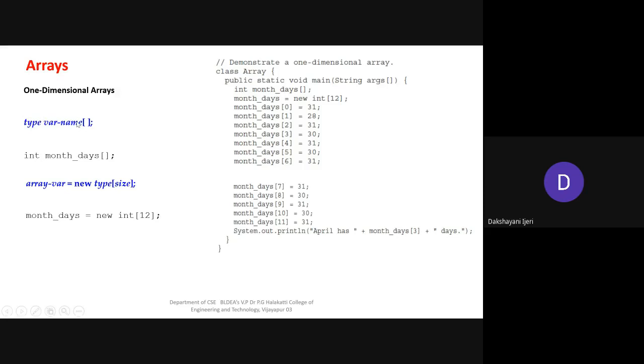So please note down the syntax, followed by this example, right? You can see here the type is integer. Here I want to create an array of integers, and the variable name is month_days, followed by the square brackets and the semicolon, right? So what is this going to do? It is just going to create this array variable of type integer. The array variable named month_days of type integer has been created when you execute this statement, right? But this is not going to store any values. You are not able to store any values here. This statement is only to create the array variable of type integer.